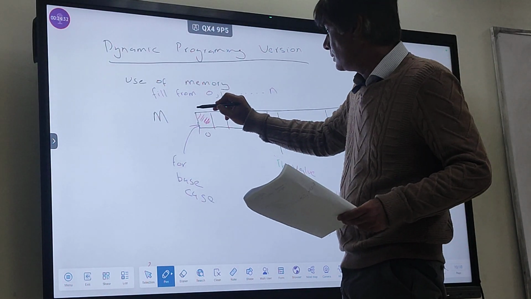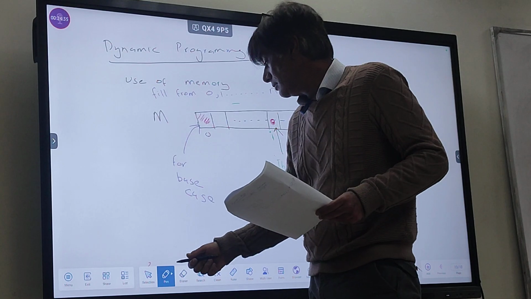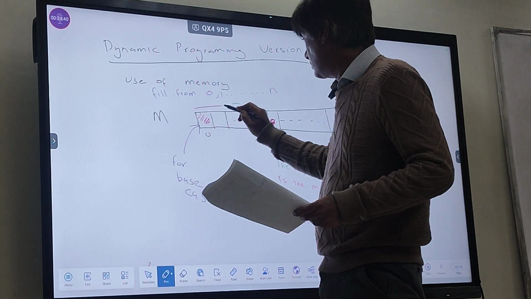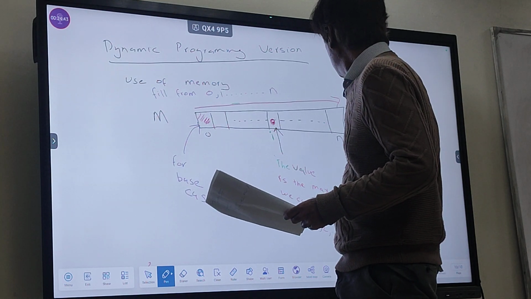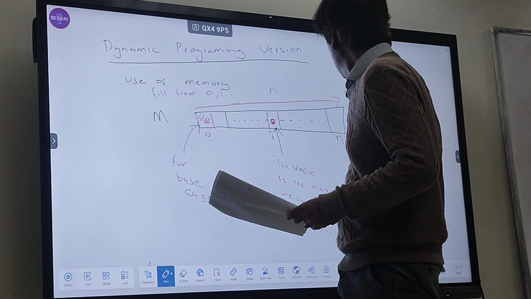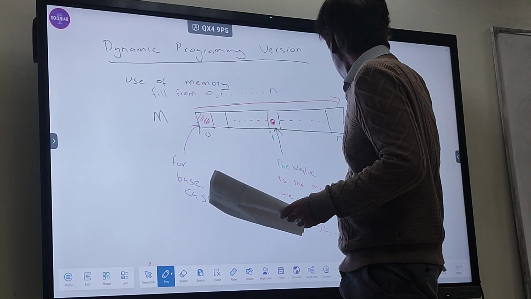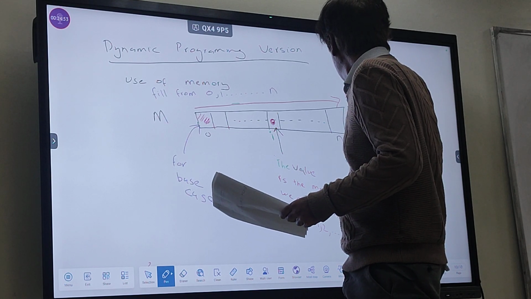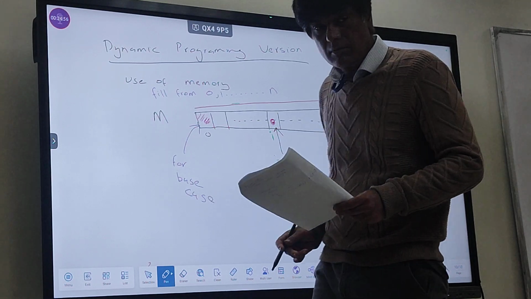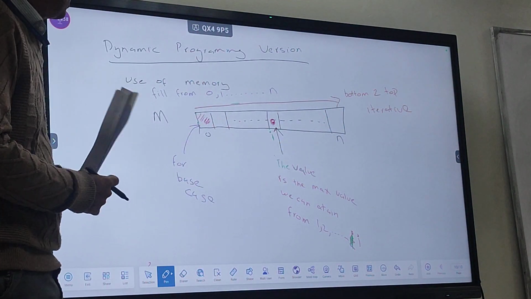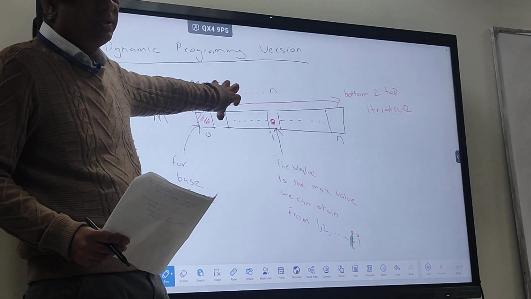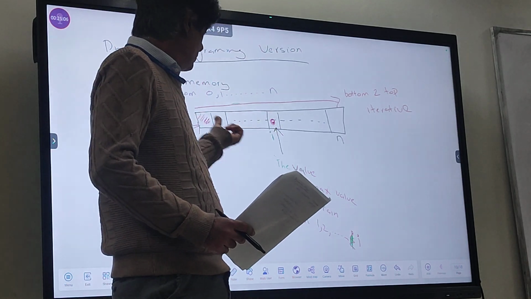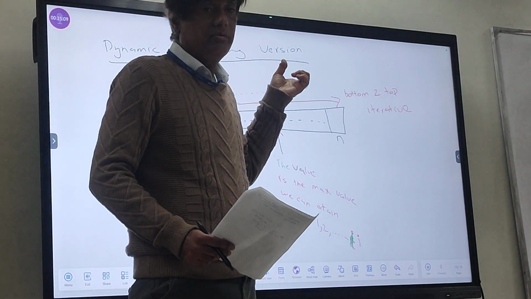So it will start from here. Base case, we always know the base case, we can fill it, and for the remaining things, we only need to look back to do our calculations.